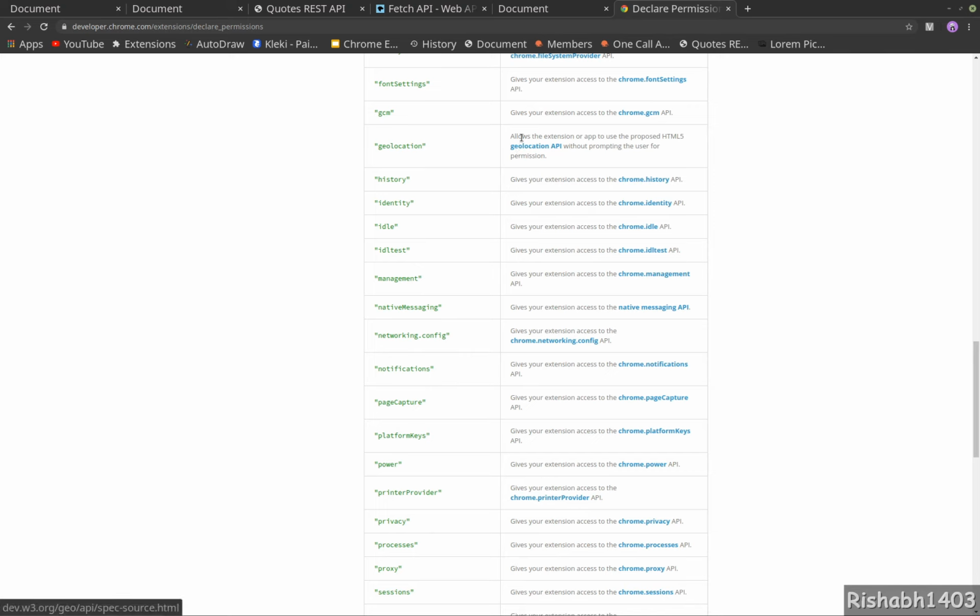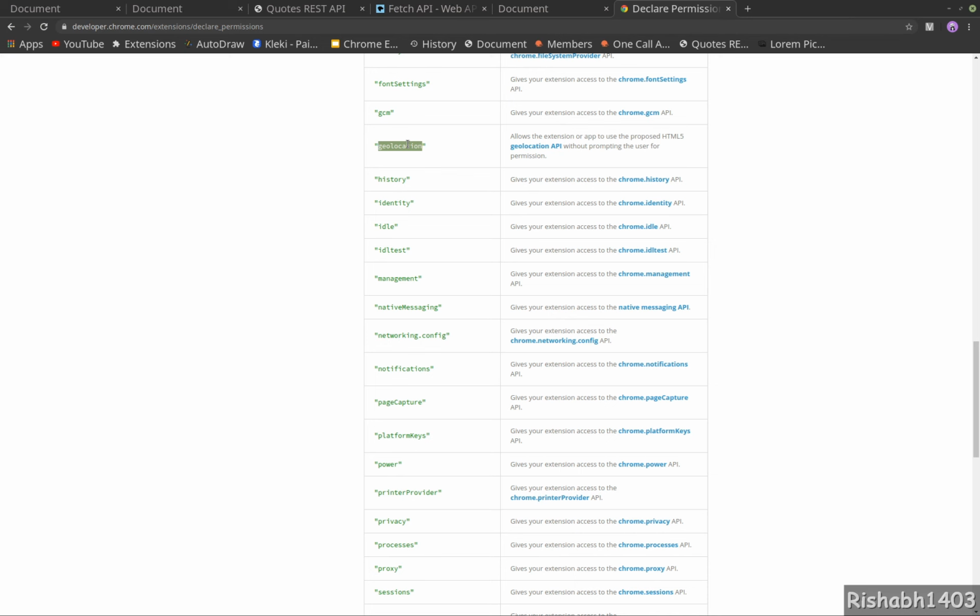Geolocation, yeah. So allows the extension or the app to use the proposed HTML5 geolocation API without prompting the user for permission. So once you use this permission in the manifest, you can get the location without really prompting the user every time, and you have to declare this in permission, so user will know that you are asking for permission once they are installing your extension.